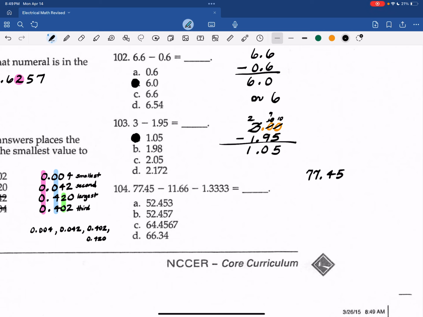77.45 minus 11.66. Get that one first. Bottom number's bigger, better borrow. That would be 9, 7, 5, and 6. And then I have to subtract